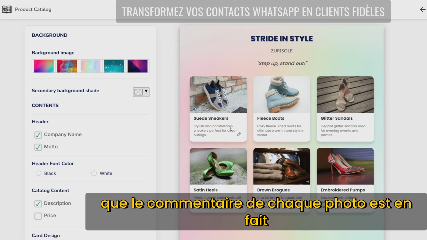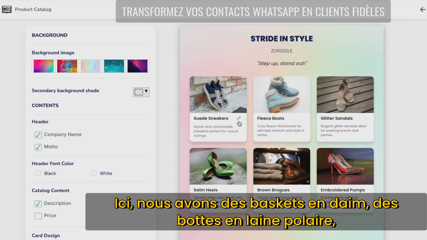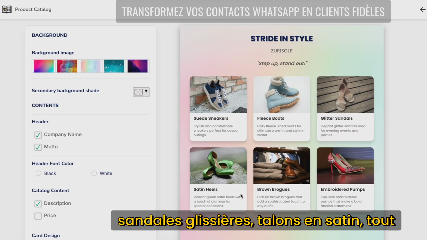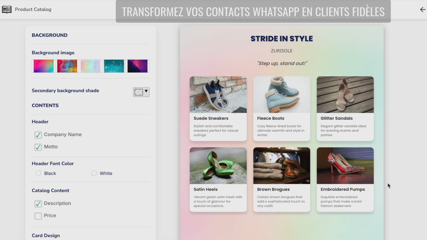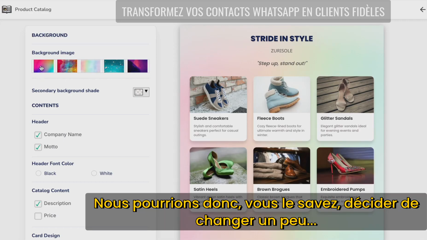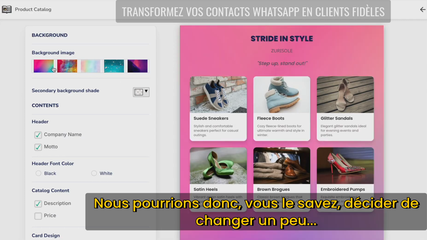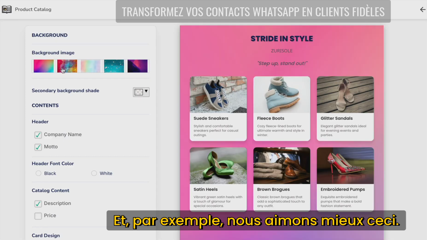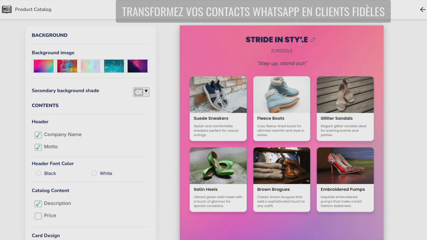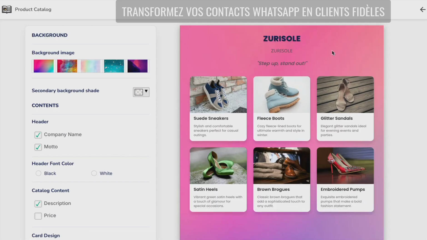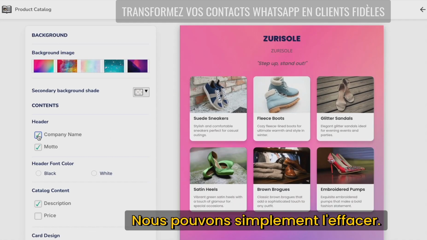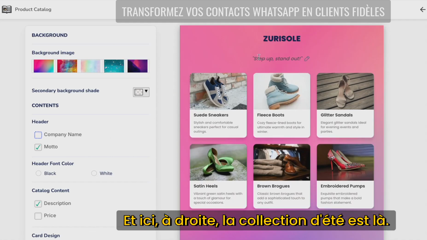and that the comment for each and every picture is actually adapted. Here we have suede sneakers, fleece boots, glitter sandals, satin heels. Everything is just perfect. We can have different backgrounds, so we could decide to change a little bit of this. For example, we like this more, and now we can change here if we want to write Tourisol here as the main. I don't need to have it twice. We can just delete that, and here write summer collection is here,